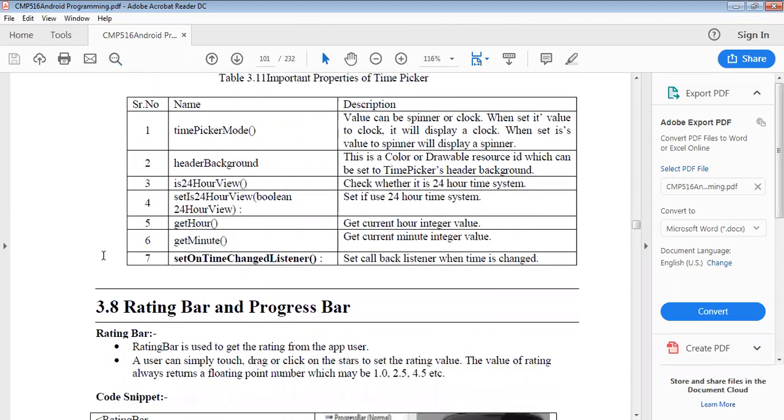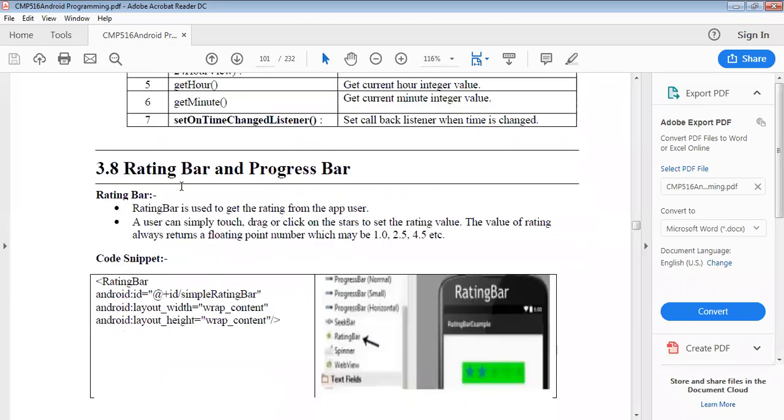After that we can see the rating bar and progress bar. Rating bars are used in some websites, shopping carts, and feedback forms. Rating bars are used to get a rating from the app user, so that users can simply touch, drag, and click on the star.